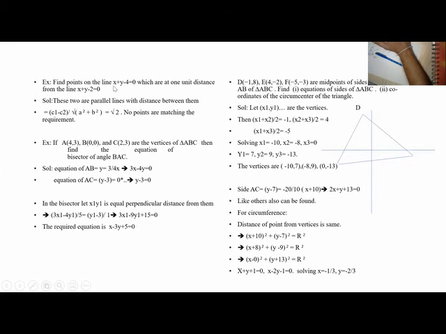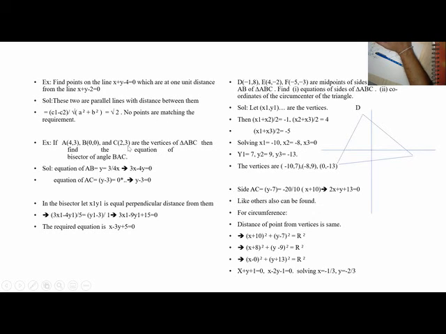You understood here? Find the points on the line which are 1 unit distance from this line. So the minimum distance itself is root 2. That is c1 minus c2 by square root of a square plus b square, 4 minus 2 by square root of 1 plus 1, that is 2 by root 2. So no points are matched.